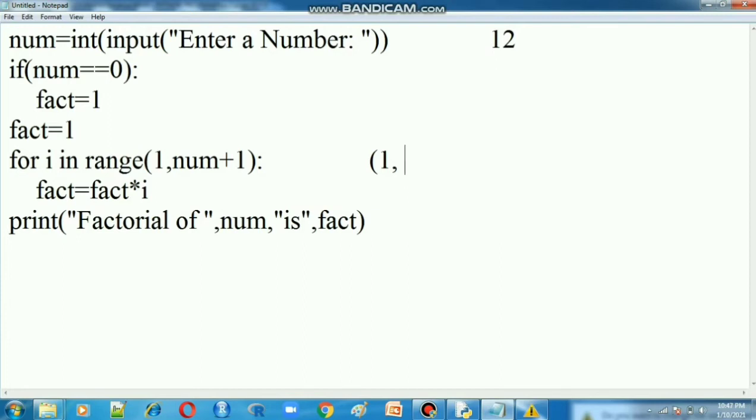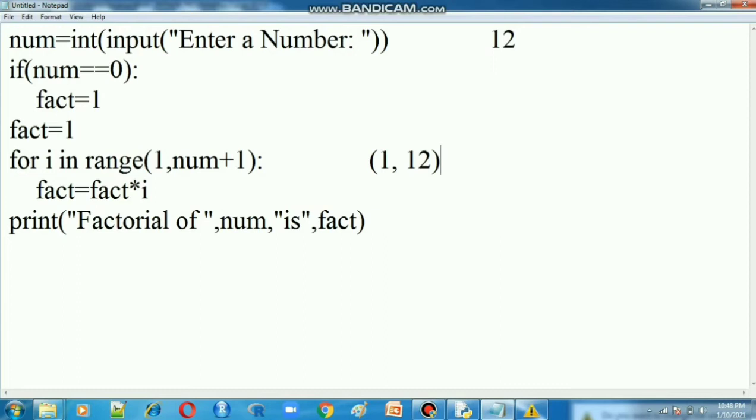But in the range function the last value is one less. I will tell you later why that is. Maybe we already discussed this concept and you know it very well; otherwise I will tell you. The start value is 1 and the end value is 12 only, up to 12 in the range function.